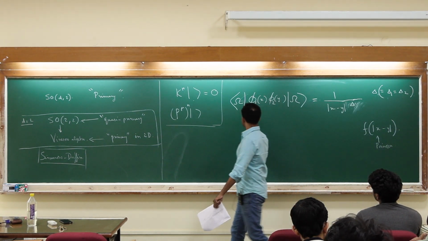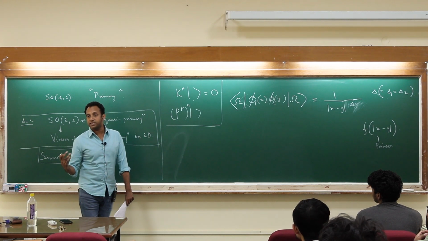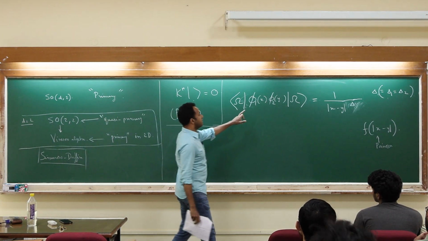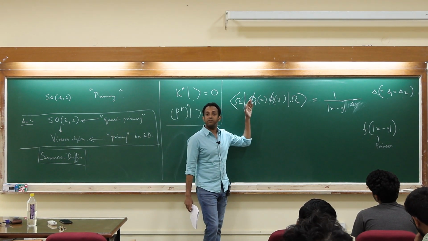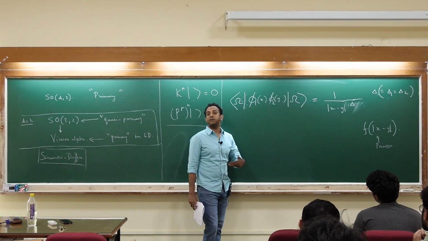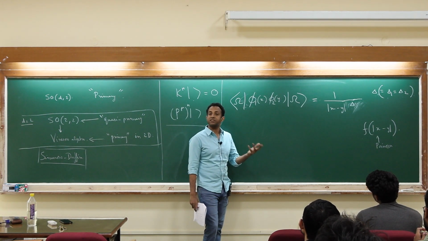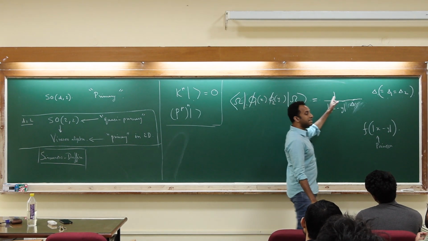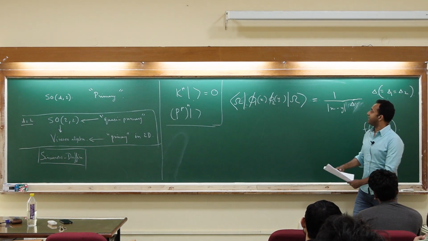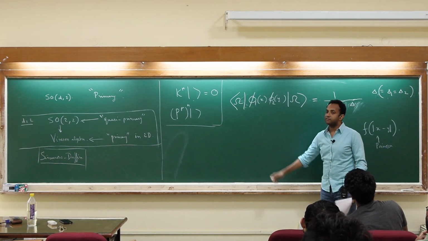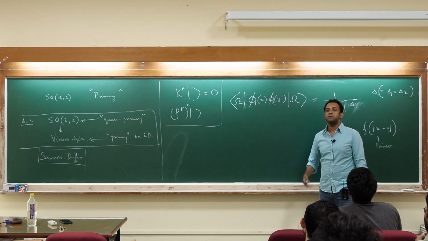To answer your question of what happens to descendants: when you act with derivatives, this no longer is a scalar, right? If you have derivatives acting on it, then basically it has some tensor structure, so the thing here will change accordingly. In fact, you can derive it by just taking derivatives of this. That's it. There is nothing more to it.